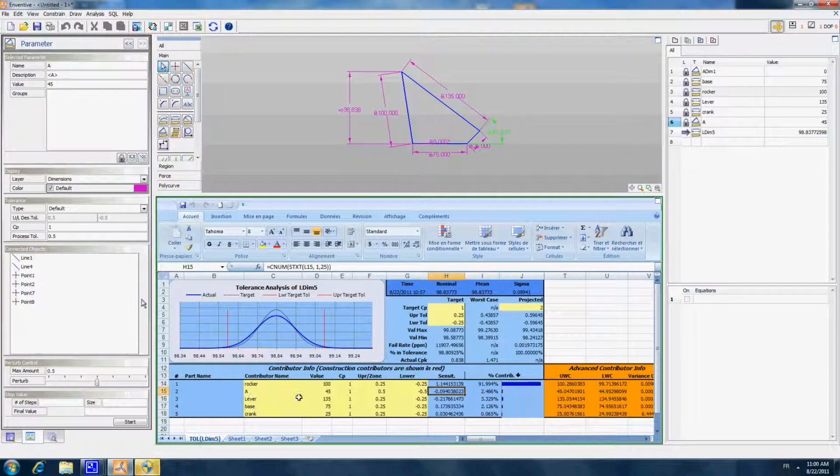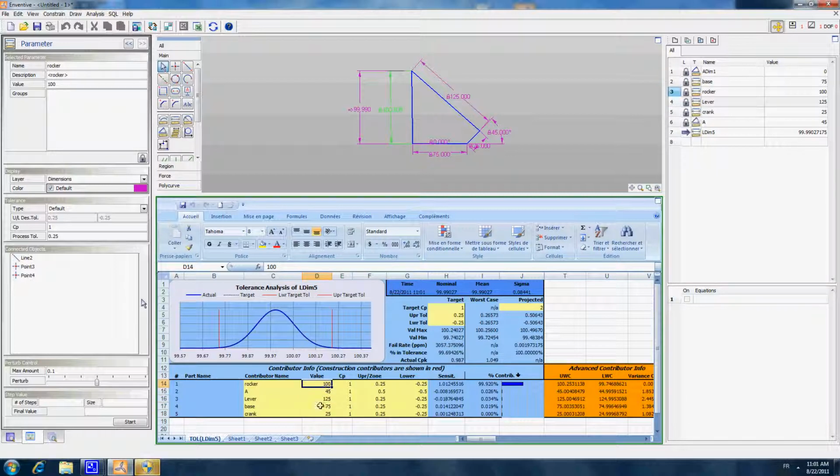So here, for example, if we go on this design and we go on the dimension of 135, we change this dimension from 135 to 125. You will see the change here of sensitivity on the value of 100 and the recalculation of all the report. Okay, so on the dimension of 100, the sensitivity has gone from 1.14 to 1.01. And if we look at the relative plus or minus 6 sigma variations, we were in the beginning at plus or minus 0.59, and now we are at plus or minus 0.5.